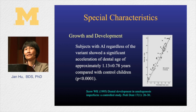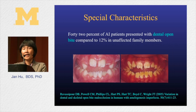So now let's look at some of the specific characteristics that this group of patients presents to us. In terms of growth and development, very interestingly, among the population of AI patients, they seem to have accelerated tooth eruption on average by 1 year of age. And 42% of the AI patients will present with skeletal and/or dental open bite, compared to only 12% of their unaffected family members. So these conditions definitely need to be addressed in conjunction with orthodontic management prior to